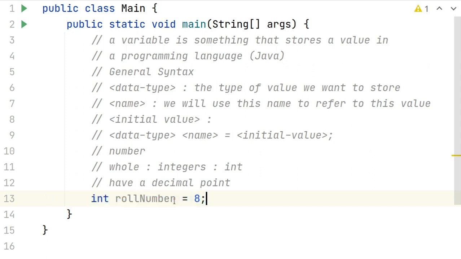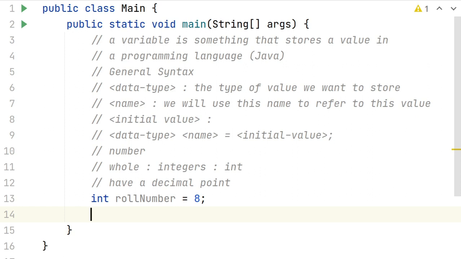Storing some value, right? So we said that okay, if we have an integer number, we can write it like this, int roll number is equal to that value. Now in integers also we have different types of integers, right? This is a simple integer written as int. Now what happens is Java also recognizes an integer value with a lesser range, right? The usual range of integer is quite large.